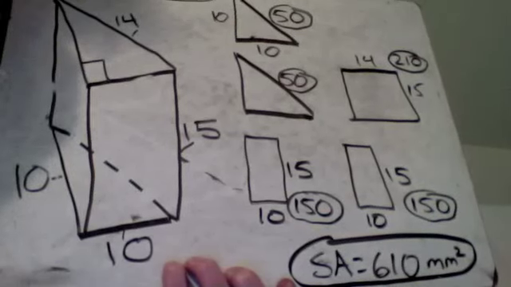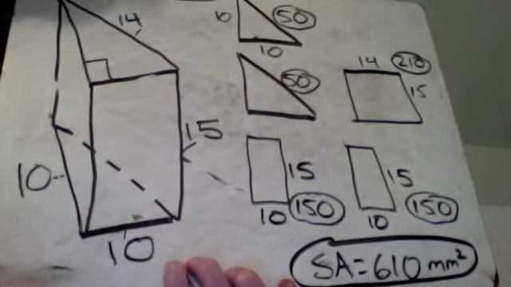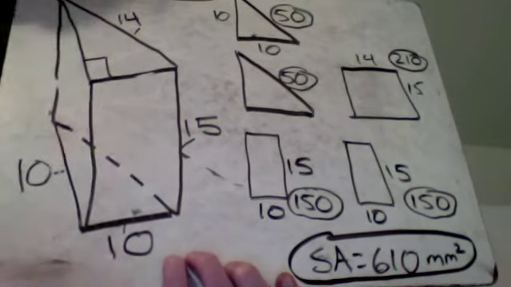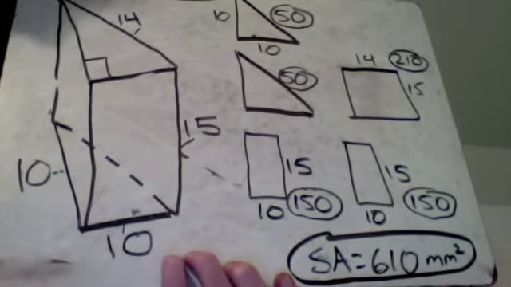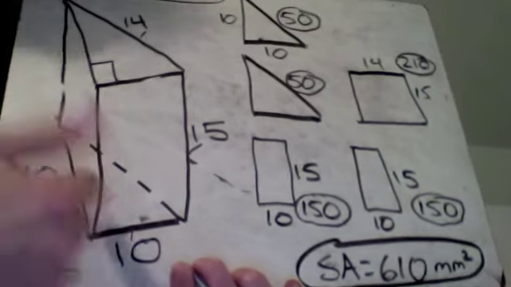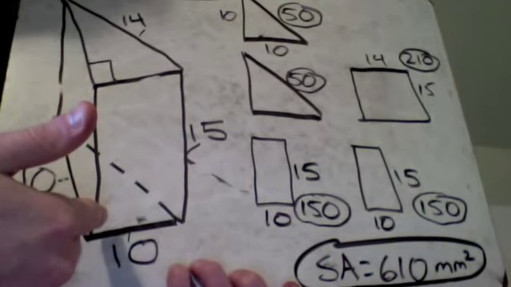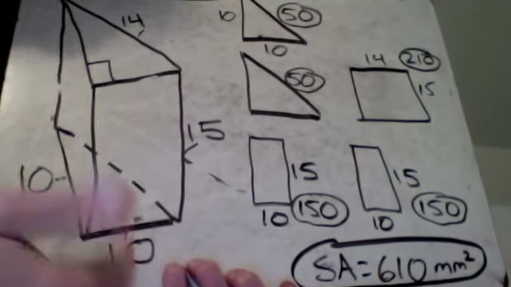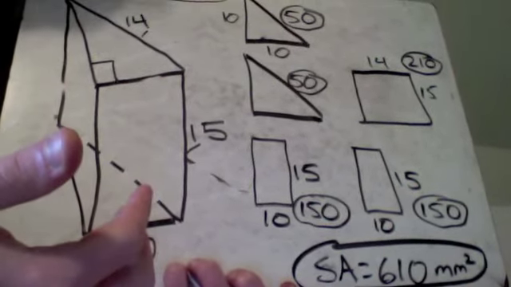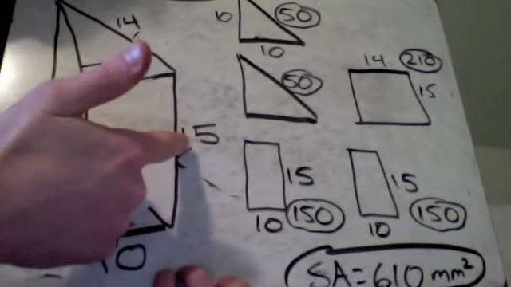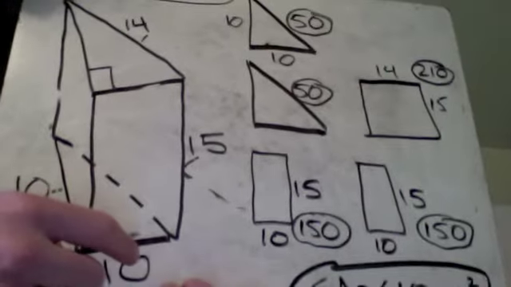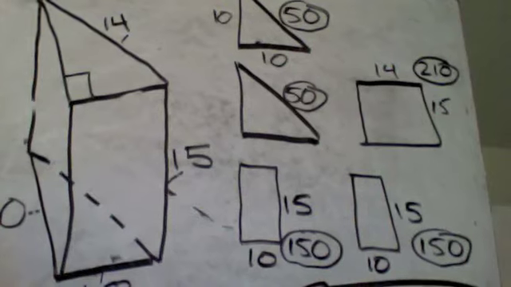Now I just need the volume. And the volume is just going to be the area of the base times how many of those we need, or how many it is high, how many pieces of those we have. So my triangle base, we already decided, is 50. Base times height divided by 2. 10 times 10 divided by 2 is 50. I would have 15 50s going up and down. Okay, and 15 50s is going to be 750 for our volume,